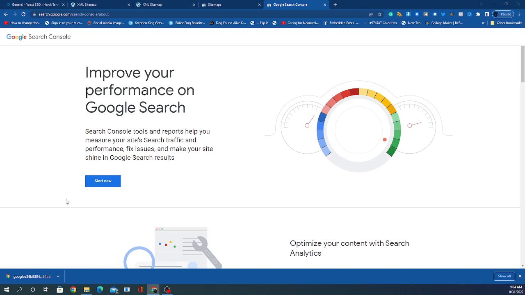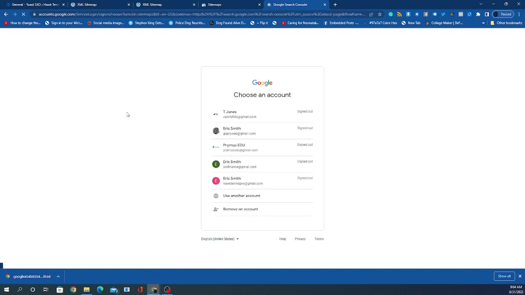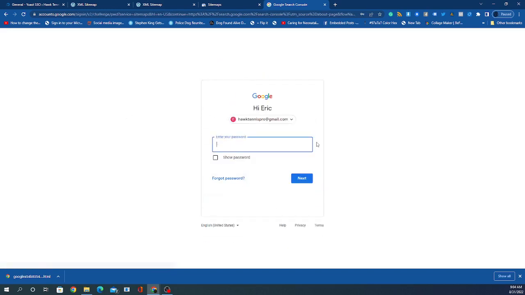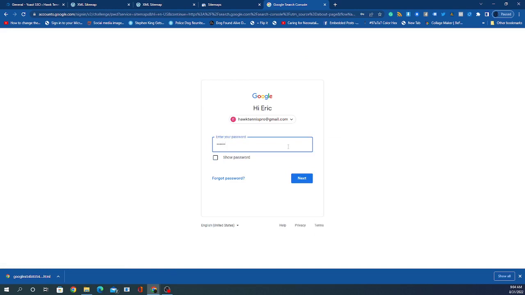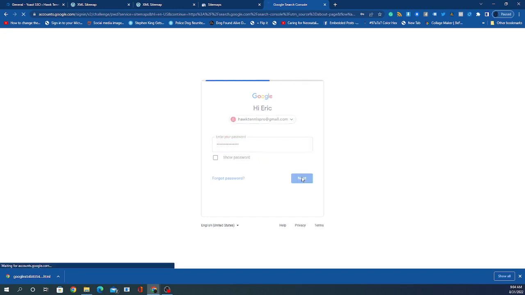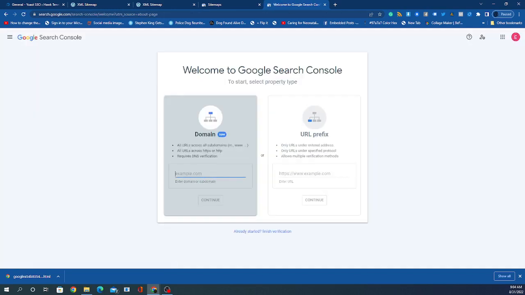Once you're brought to this page, you want to click on Start Now and choose a Google account associated with things like your Google Ads account or Google Analytics, or whatever Google account you want to use for your business. So I'm going to log in. And once you log into the Google Search Console and you enter in your login credentials for your Google account,